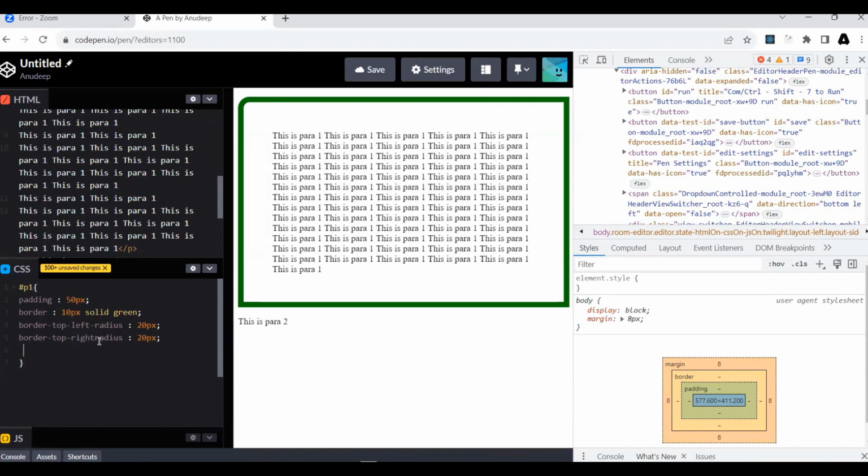Top right radius. So now we only have rounded borders on top left and top right. So now if you also want on bottom right, need to give bottom right like this. So now you have rounded borders on the bottom right as well. Is this clear how to have rounded borders? So now similarly, if you want to have rounded borders on all the